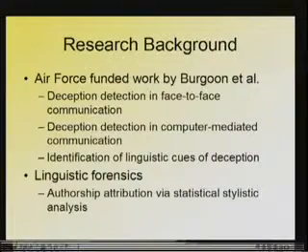For example, some of the communication theorists claim that in everyday face-to-face conversation among people, over 50% of this communication is in some way deceptive, to varying degrees. So one of the issues here is identification of linguistic cues of deception. Say you're looking at computer-mediated communication, what kind of cues in the text could you pick up which are indicative of deception?